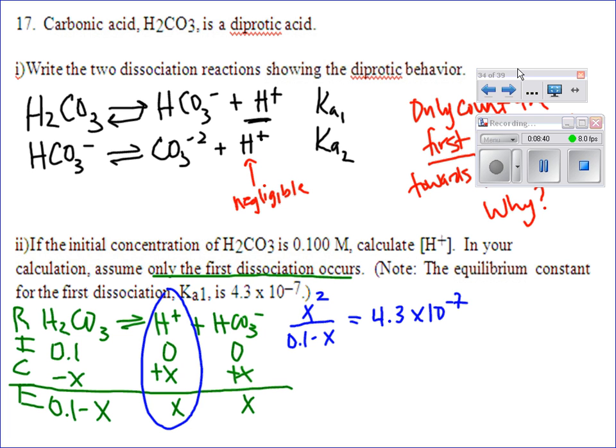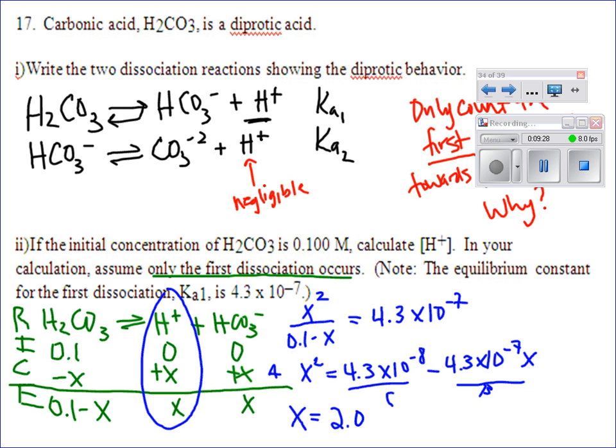I have all this worked out, so I'm just going to write it down. When I cross multiply, and I know that Tess and her fancy calculator is going to have this done before I even can find it on my page, I get x squared is equal to 4.3 times 10 to the negative 8th minus 4.3 times 10 to the negative 7th x. And then combining like terms, I'm just going to plug this into the quadratic formula. Make this one negative and make that one positive. And this is A, that's B, and that's C. And when you do,